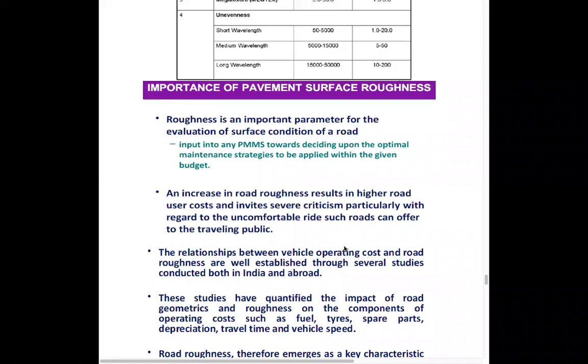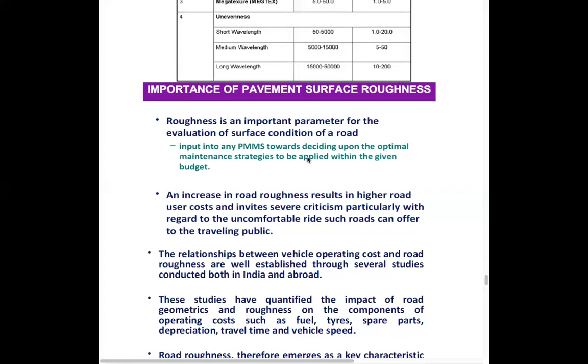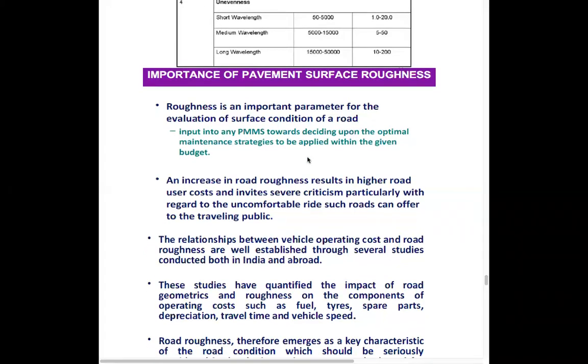It helps a designer decide what maintenance strategies to give, how the present condition of the road is, whether it is serving in a good condition or a fair condition, when the maintenance is to be applied, and how the budget and fund allocation for those particular roads can be given